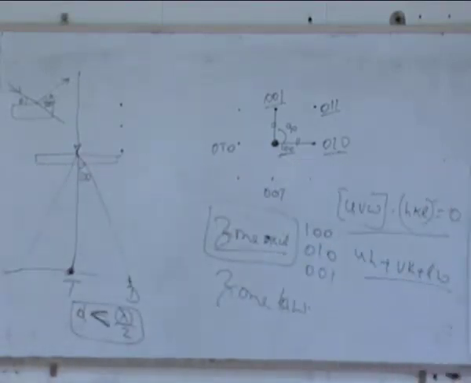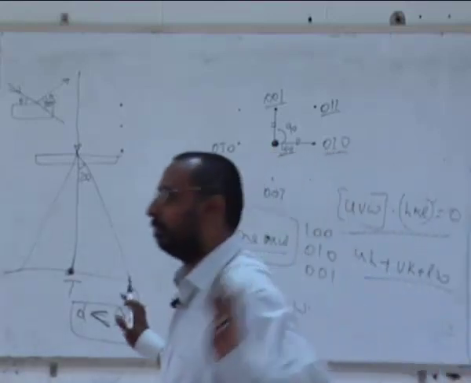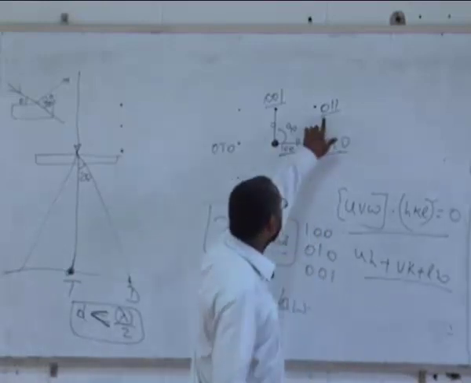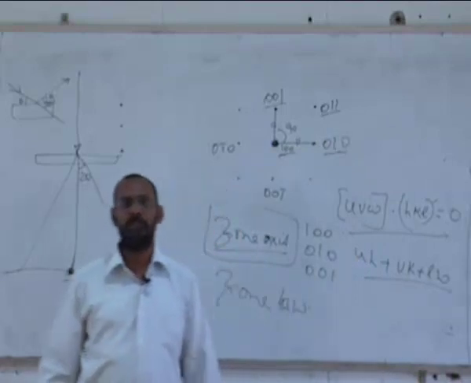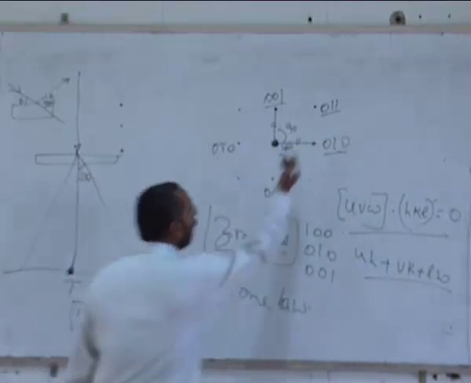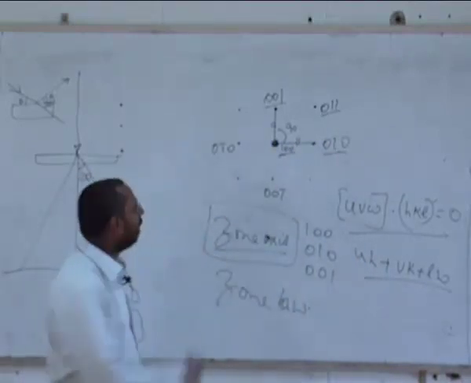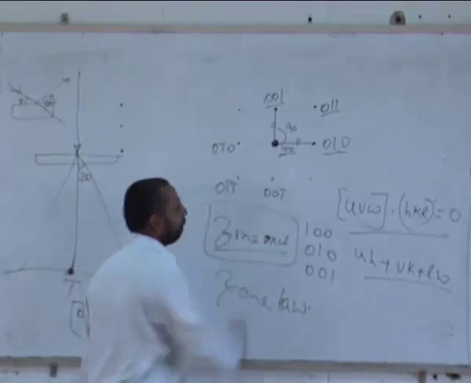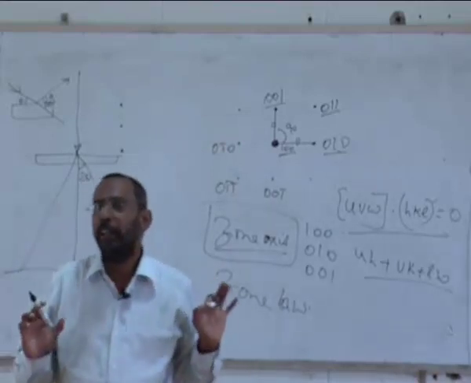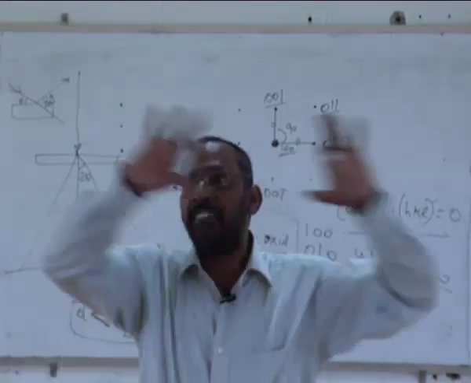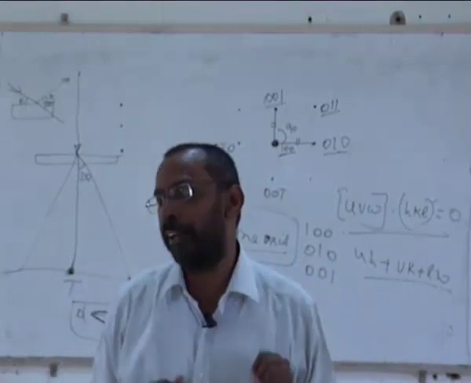1 0 0 and 0 1 1. Is the dot product 0? It has to be 0. Otherwise it won't appear in the diffraction pattern at all. And you see this? 1 multiplied by 0, 0 multiplied by 1, 0 multiplied by 1. It is 0. And now if you take the inversion of this, this will be 0 bar 1 bar 1. And like that, I can easily index this pattern. This is what we call indexing the pattern.